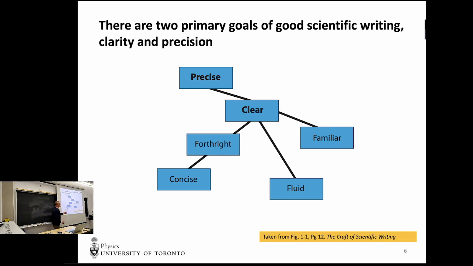Then there are aspects of writing which make writing easier and more effective. One is being concise. Okay? If you can take a word out of something you've written and it doesn't change the meaning, take it out. The way you can think about it is that writing something takes a lot of time, but your time is less important than the time of all the readers. So if you're throwing in a lot of unnecessary words or sentences or paragraphs, you're wasting everybody else's time. It also doesn't make it any clearer. It actually makes it harder to understand what really matters in the piece and what doesn't.